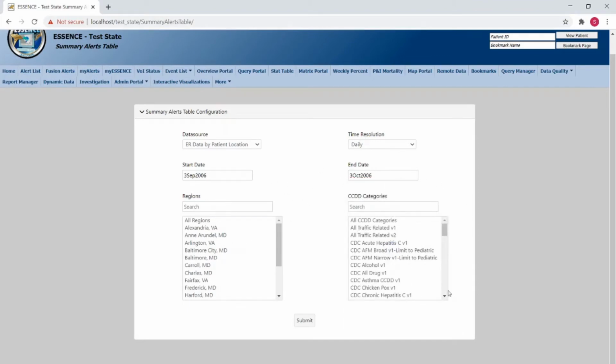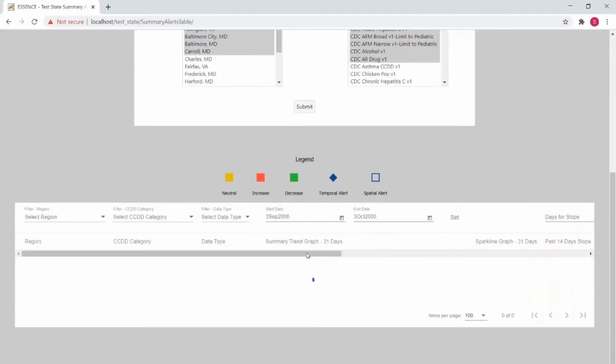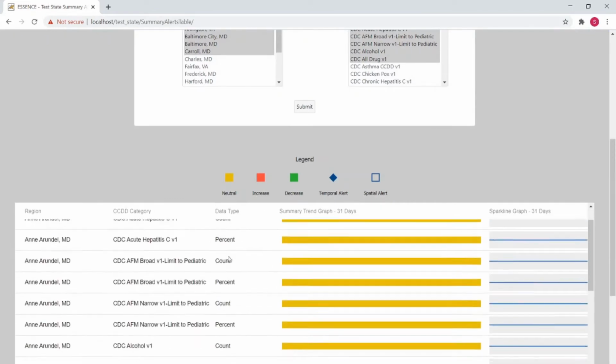We can also filter our results by region and CCDD categories. We can select to view all regions and all categories, or we can select a few specified ones. Once we hit submit, our table will load and process the data, and here you can see all our data